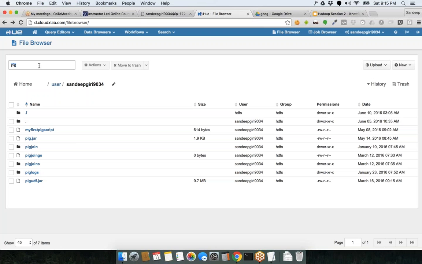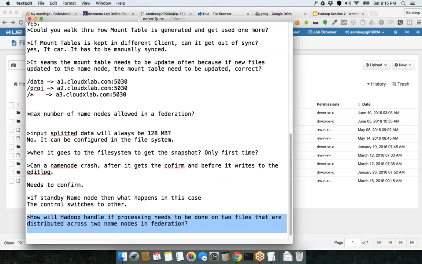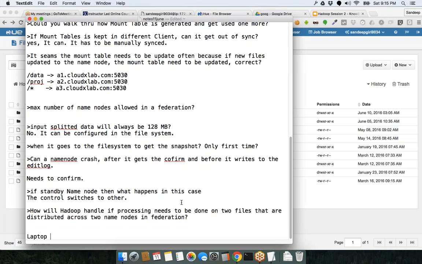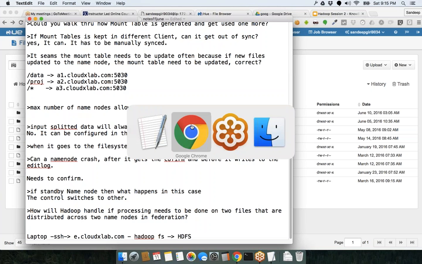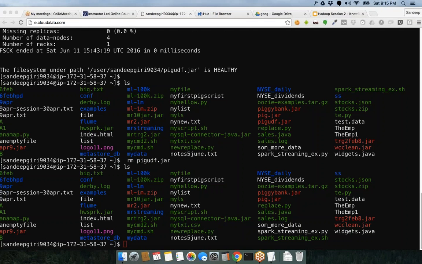So basically, these are two file systems, and the way you can think of them is your laptop, that's one file system. Then console, or you can say e.cloudxlab, that's another file system, and third one is HDFS. So from your laptop, you do an SSH and log into e.cloudxlab, and from there you can use a command called hadoop fs to talk to HDFS. Make sense to you? You can see this. So if I am this console,